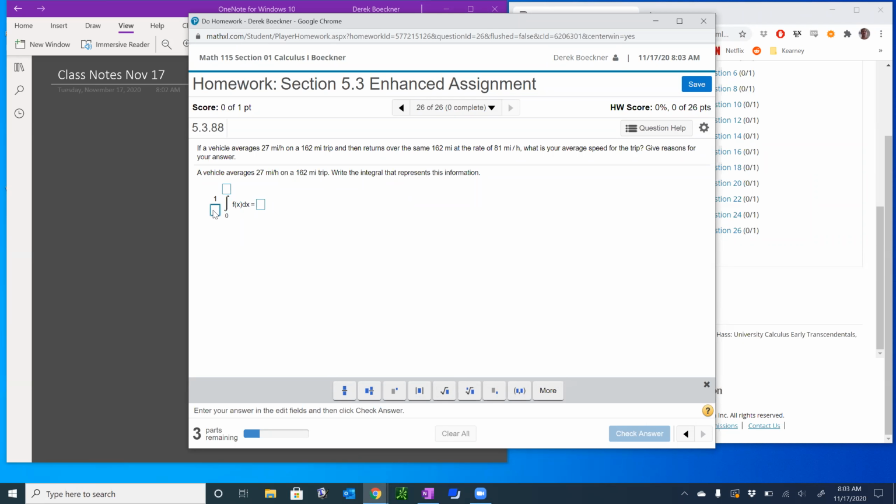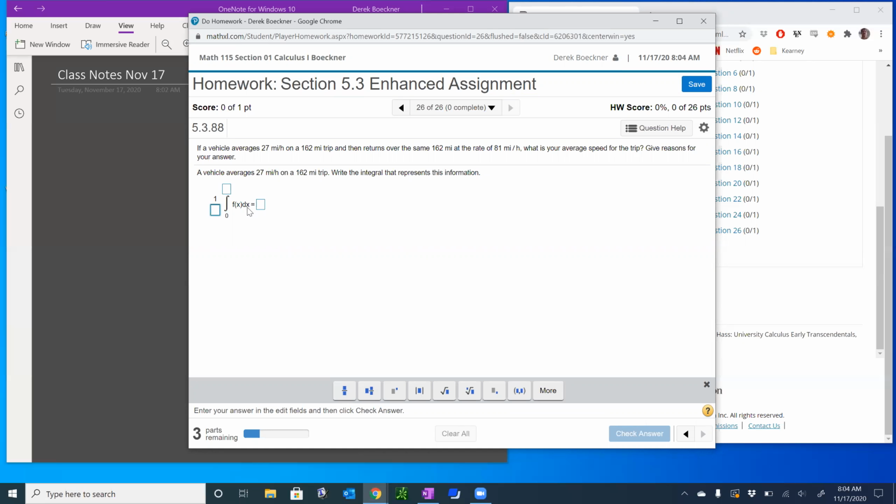Okay, so we're integrating the speed. So the function f is the velocity function, and we're supposed to average 27 miles per hour. So the integral should give us the total distance, and well, we're integrating with respect to distance actually. So f of x isn't the velocity function. It's like